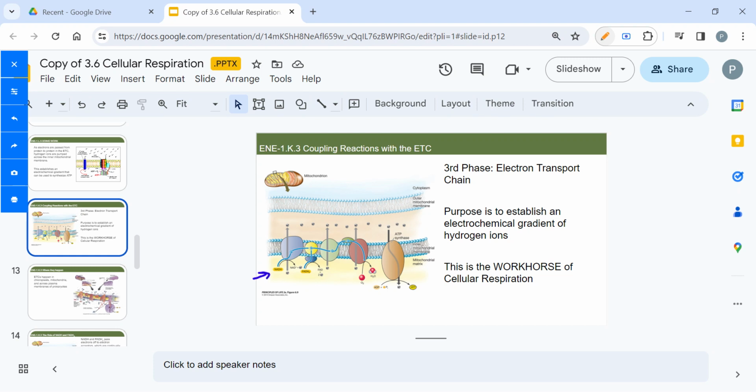And look, everything I just talked to you about, right? Here's my NADH, there's my FADH2. What do they do? They're dropping off their electrons. They're dropping off their electrons at these two locations. They become NAD plus and FAD. That's going to go back to the mitochondria matrix, or it's going to go to the